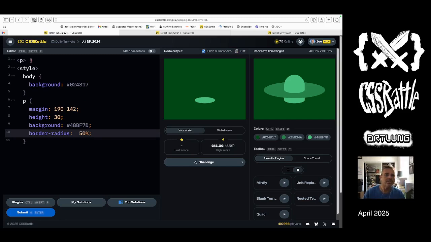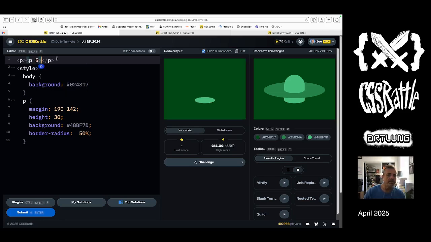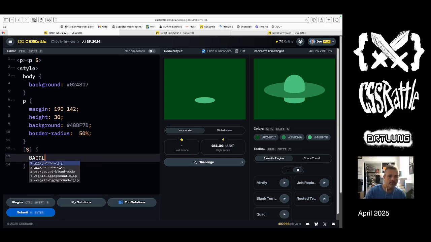Because I think we're gonna use the same guy again, but now we need a second element, and it's just the big saucer. So we'll call him P, capital S. So capital S has a different background for him. Oh, and then sure, let's do all this code in uppercase, even though that's goofy. Okay,